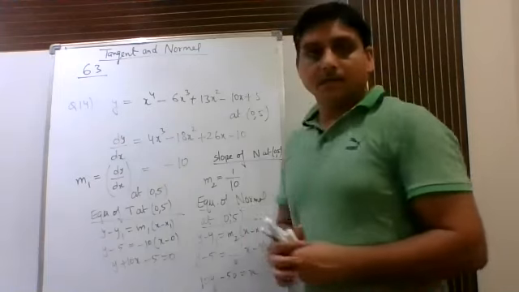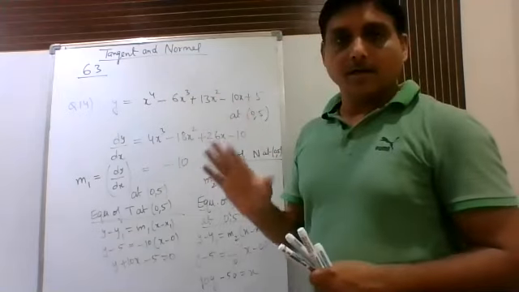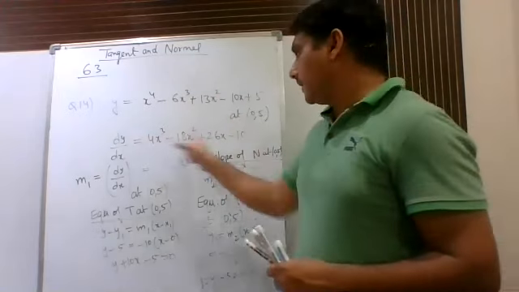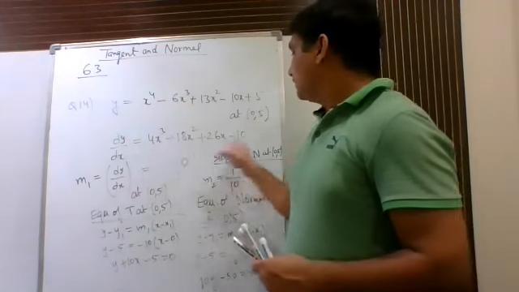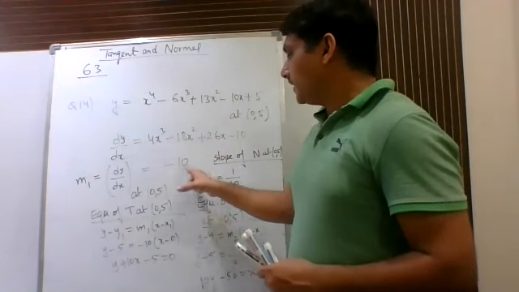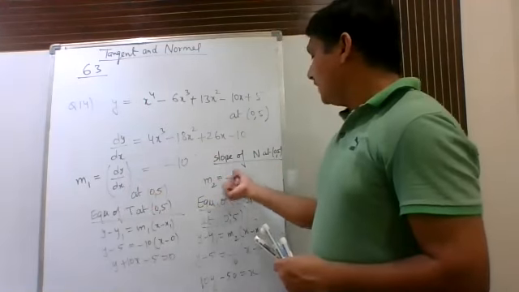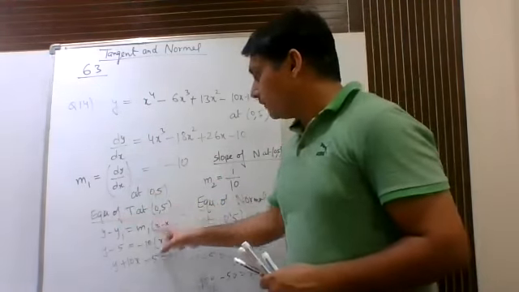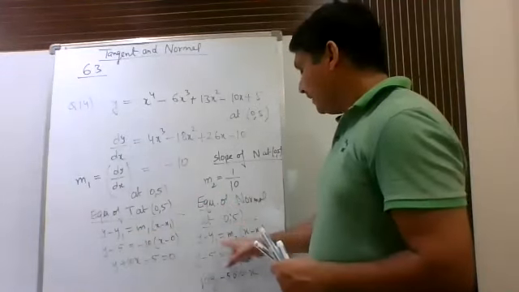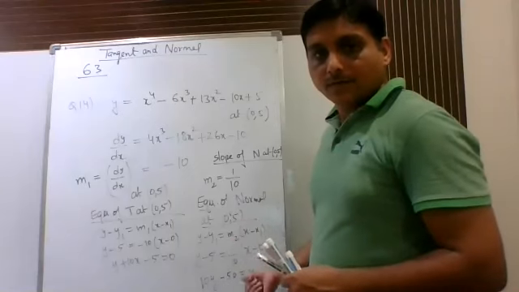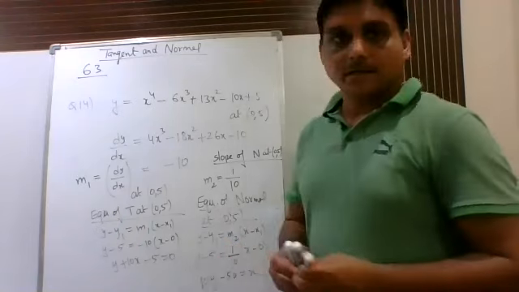Right? So the main thing is, first of all, they are giving us this curve and we want to find the equation of the tangent and normal at this specific point. So we took the derivative. After taking the derivative, we put that point (0, 5) in this derivative. After calculations, we are getting minus 10. This is your M1, slope of the tangent. Similarly, slope of the normal will be 1 upon 10. So the equation of the tangent at (0, 5) will be given by this formula, and the equation of the normal at (0, 5) will be this one. Just put the value of M2, which is 1 upon 10, in the calculation and you will get the final answer.